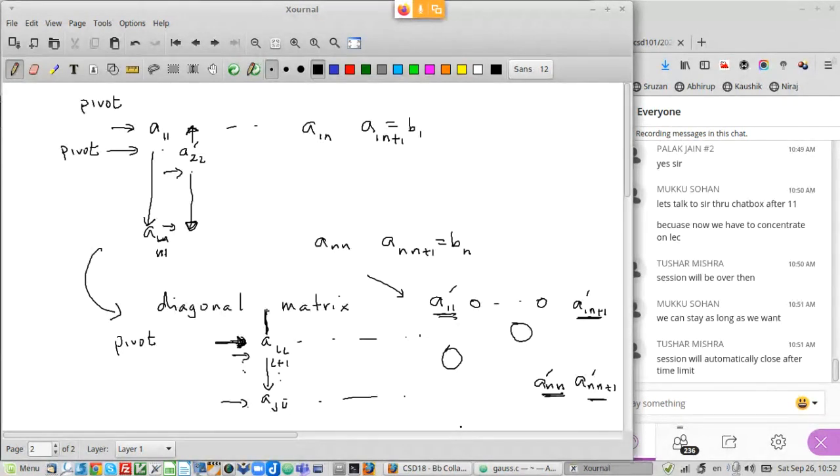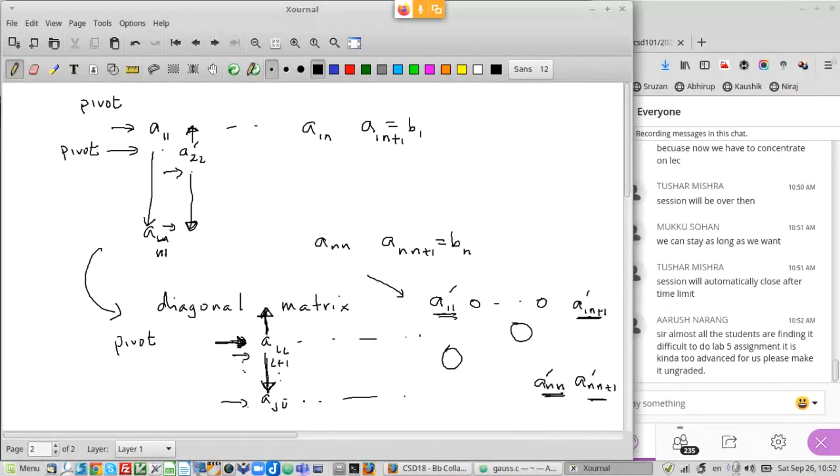The rest of the code is exactly like the Gaussian code. The elimination, etc., is the same thing. You cannot eliminate if the pivot element is 0, for the same reason, because the elimination is happening in exactly the same way. So all the change you have to make in the Gauss code is to ensure that zeroing happens not just below but also above. The rest of the elimination code remains the same.